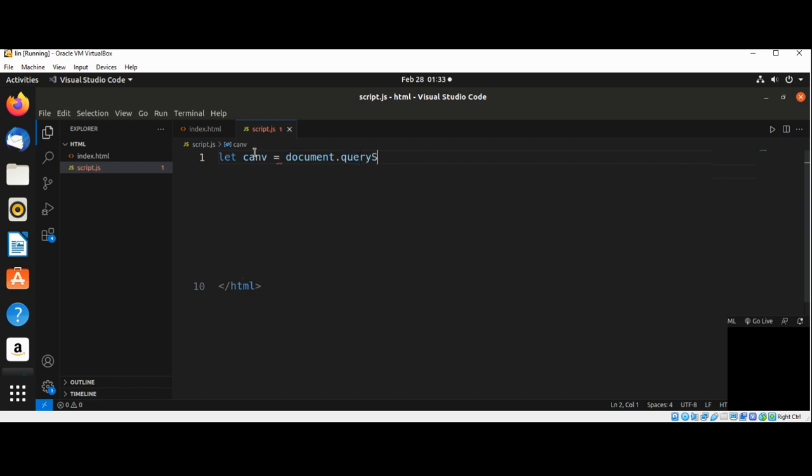Document.querySelector. So we select the canvas by its ID,